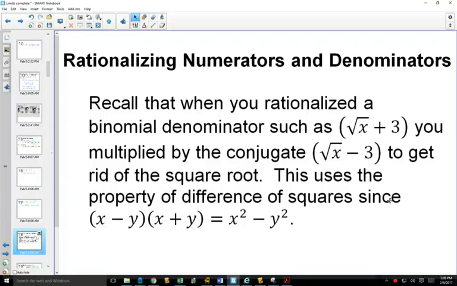The next thing that we re-look at as a preparation for our limits is rationalizing. Now, in grade 11, you rationalize denominators. So in grade 11, if you had something that was 1 over the square root of 3, you multiplied the top and bottom by the square root of 3, and that changed your denominator, which was an irrational number, square root of 3, to a denominator that's a rational